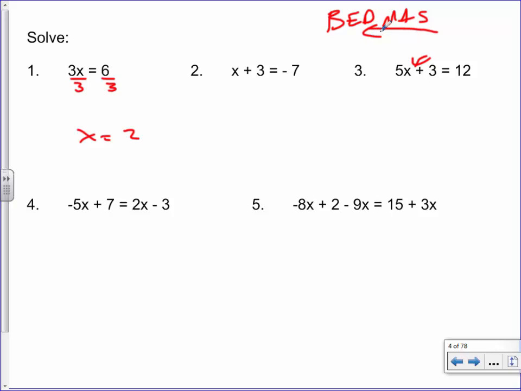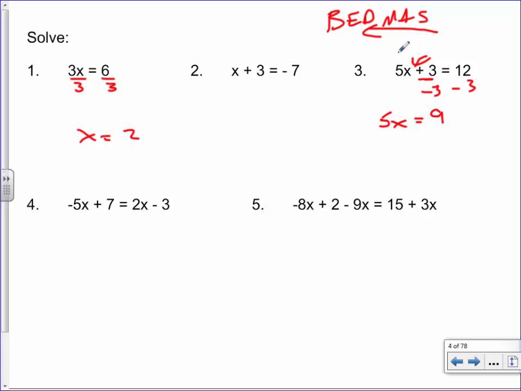So the first thing you have to do is deal with any subtract or add signs. Do we have a subtract or add sign? Sure, you have a plus 3 right here. So the first thing we have to do is subtract the 3 from both sides, which leaves you with 5x equaling